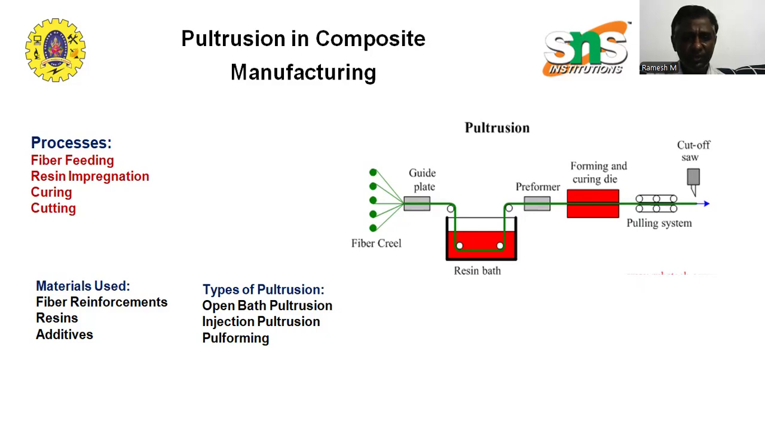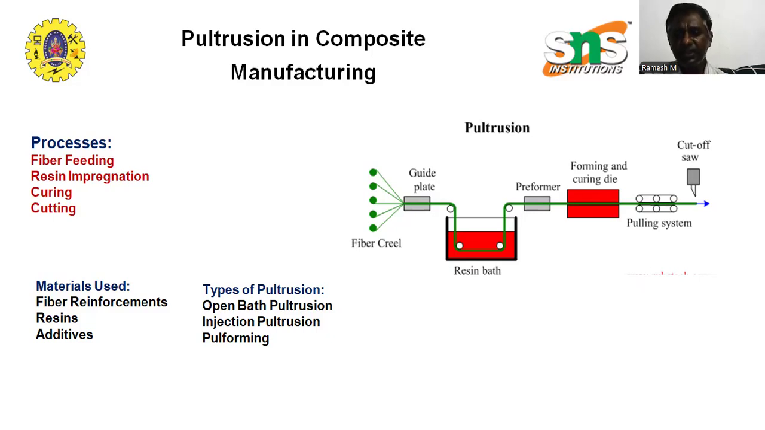In open bath pultrusion, fibers pass through the open resin bath. It is very simple and cost effective, but there are higher chances of resin spillage or air entrapment. In injection pultrusion, the fibers are impregnated in a closed resin injection chamber. It's cleaner, gives better resin control, and is ideal for automation. Pulfoaming is a variation of pultrusion that allows curved or tapered shapes, and it combines pultrusion with compression